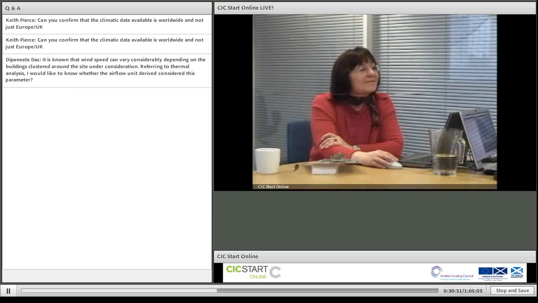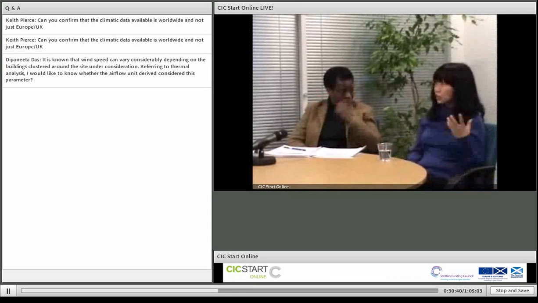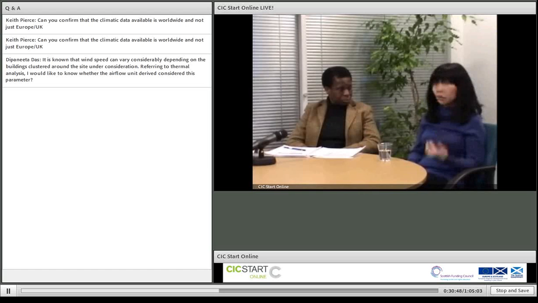Yes, definitely, wind speed is one of the important parameters. So that's why when you run any thermal simulations, you would look at the climate data first. So this data would be part of the thermal simulation, and then especially when you look at using MacroFlo to explore the different natural ventilation strategies. Say for example, by opening the window, you can see the percentage of window opening, or you can control your window opening based on your room temperature or CO2 level. So all these things actually